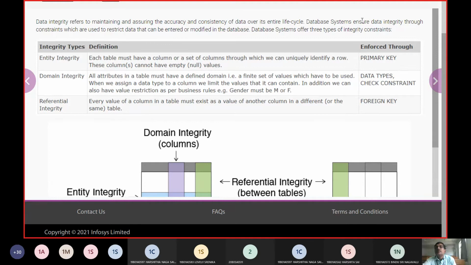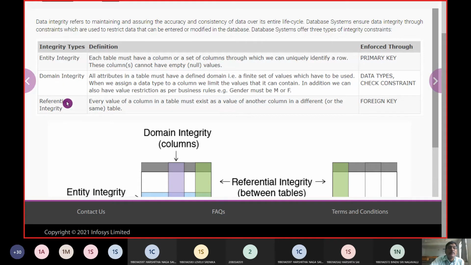Similarly, these are going to ensure the data integrity constraints by restricting some access. We will discuss that. That is, we are going to give some range, and within that range only the values should come. So now, what are the different types of data integrity?